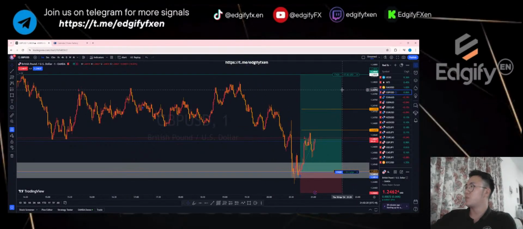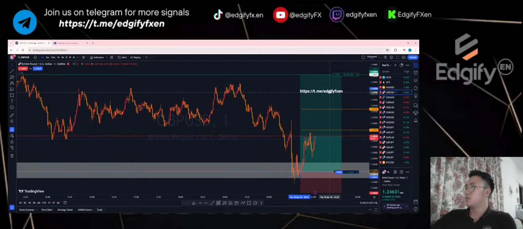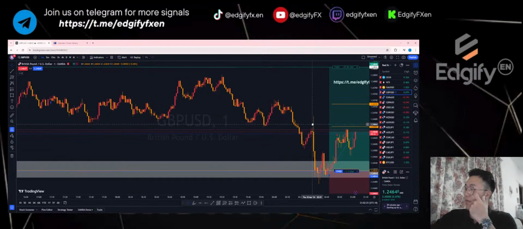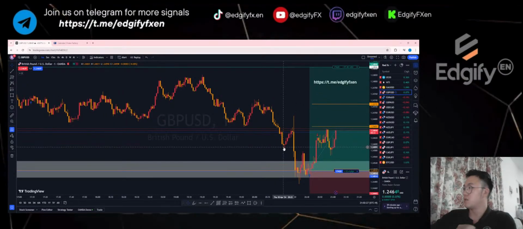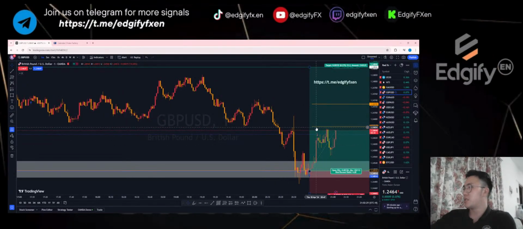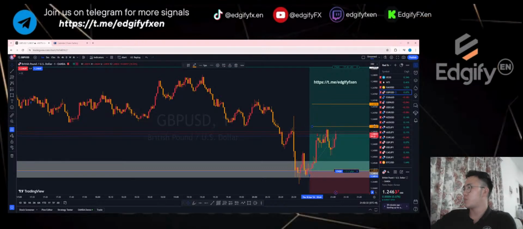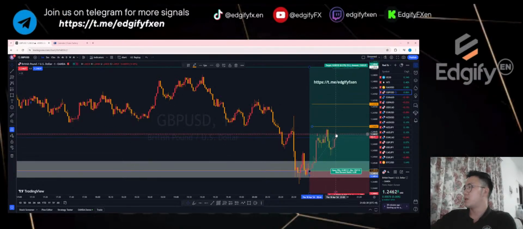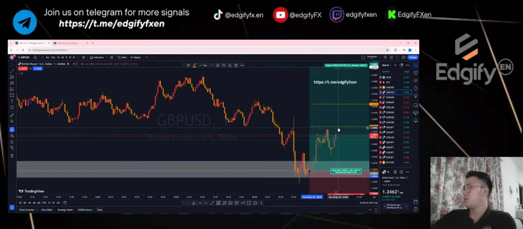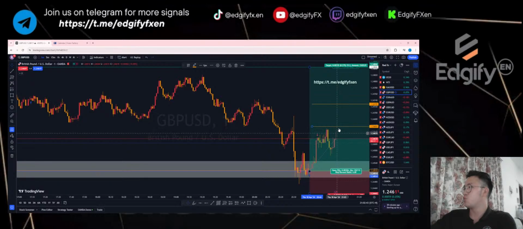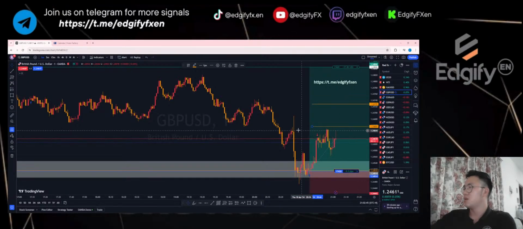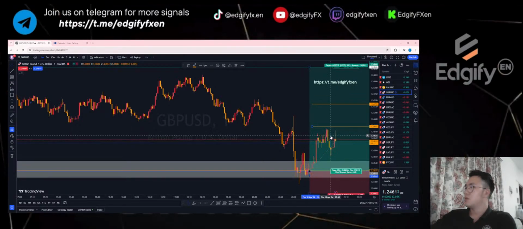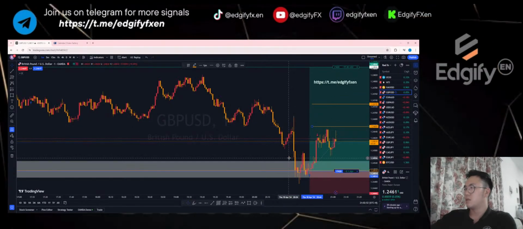Because I'll be updating the price when I'm taking partials again. Basically if you want to know it, you can take a look at this price here and also this price, partials here, and then the balance I'm going to run to TC. You can start taking now if you want. It's only about 1 pip, 2 pips away, or maybe 3 pips now. So it's up to you. I'm going to hold it until I see this price here being hit.